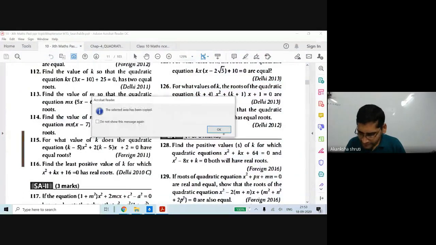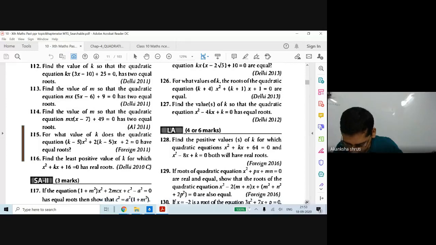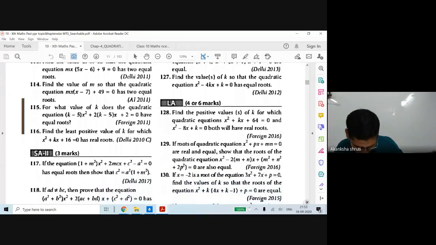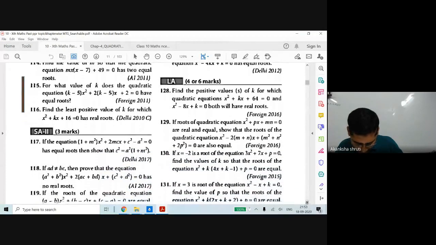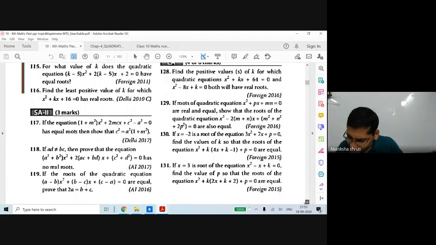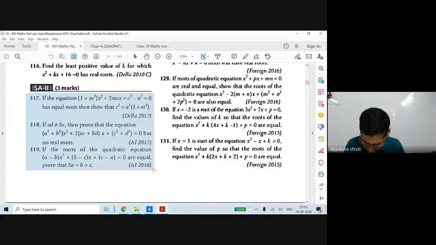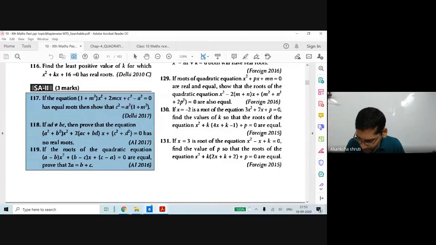Students, let me do one more question. That will be the last question for today. Or you people please do. See how the questions for these 3 marks and 4 marks are framed. You are able to get it from here. Let me do these 3 questions. You also have to do. In which, based on the condition, you have to prove something.